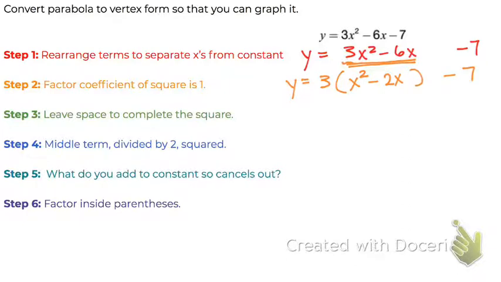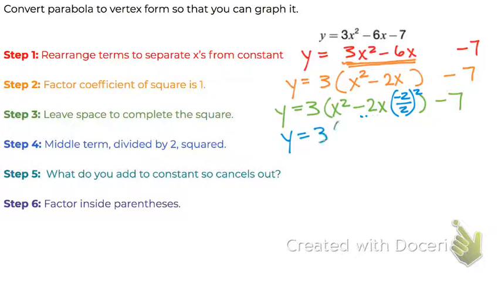And then I like to rewrite it. Some of this you can definitely combine some of these steps, but I rewrite it so there is a space so I can complete the square. So in order to figure out what goes in that space, you take the middle term, -2, you divide it by 2, and then you square it. So you have y equals 3x squared minus 2x, and then -2 divided by 2 is -1, squared is +1,